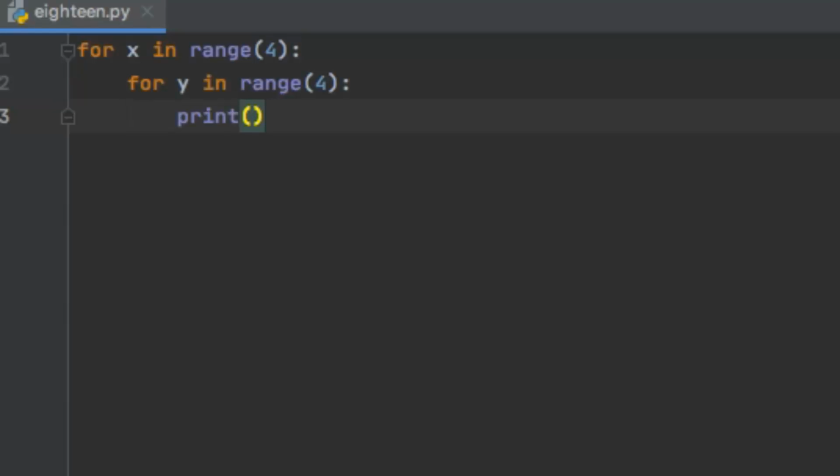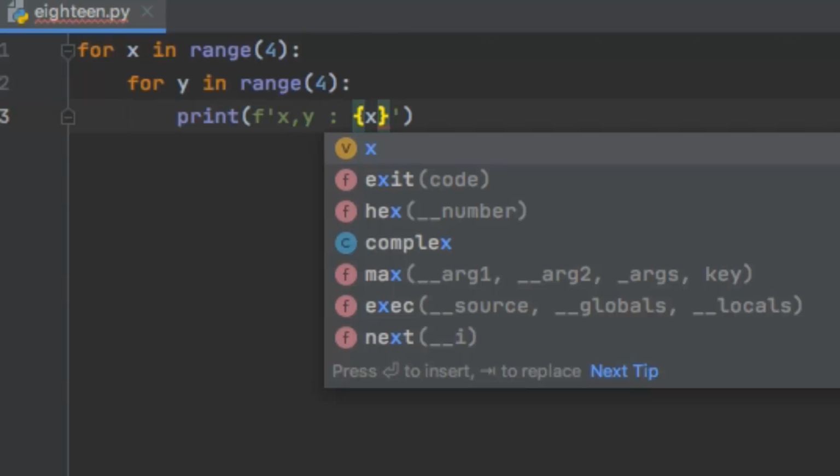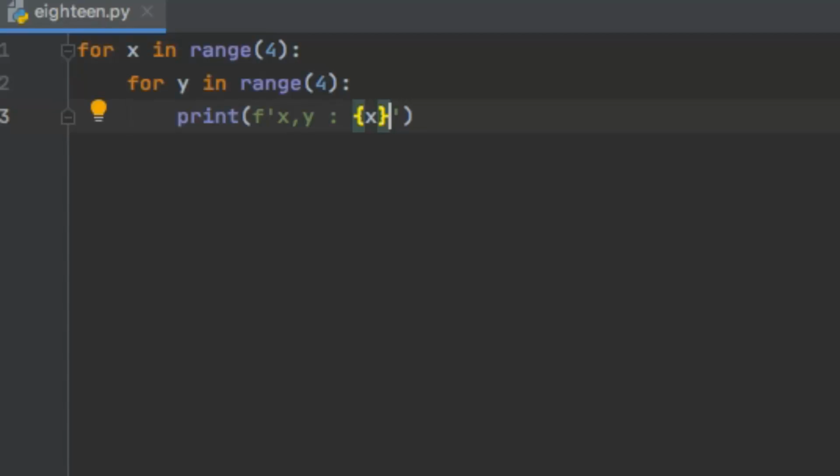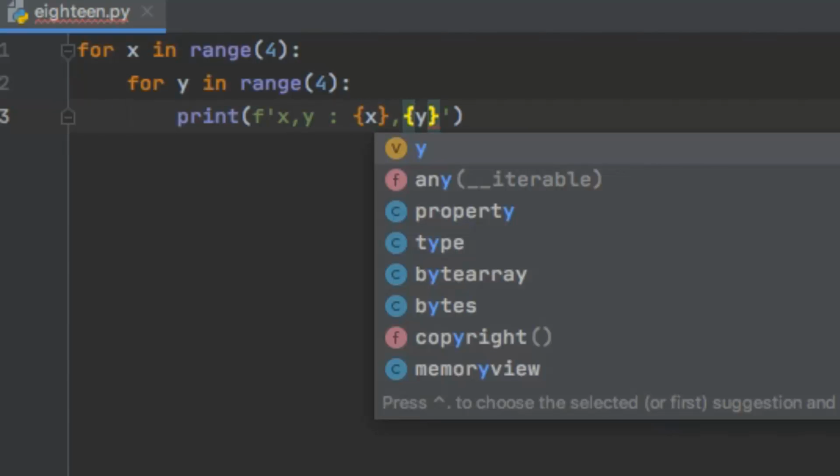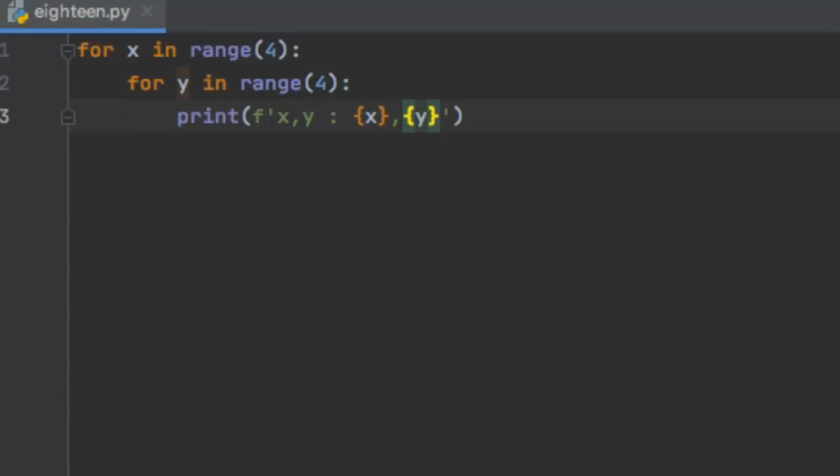So for formatting string, we have to write f, then I'll say x comma y coordinates are, and here I'll add the value dynamically. So x value, and then I'll enter the y value. I'll tell you step by step how this is going to be executed. So for now, let's run the code and see what we get.